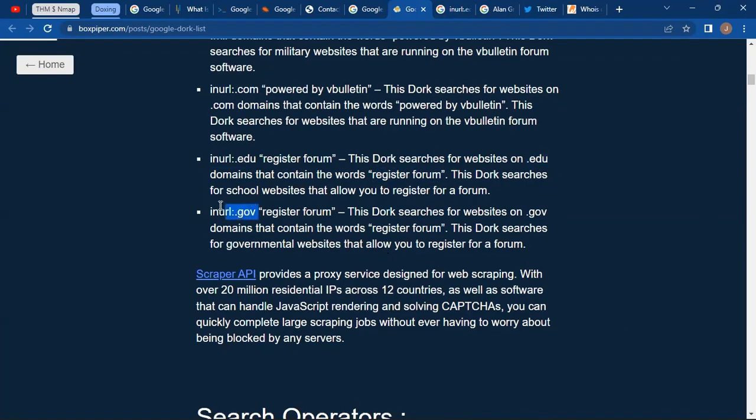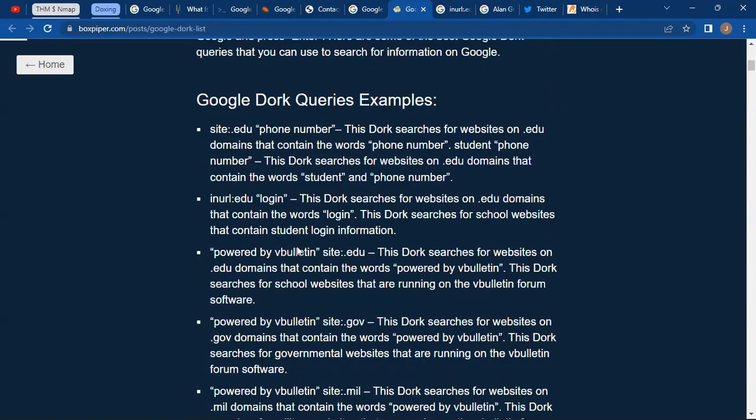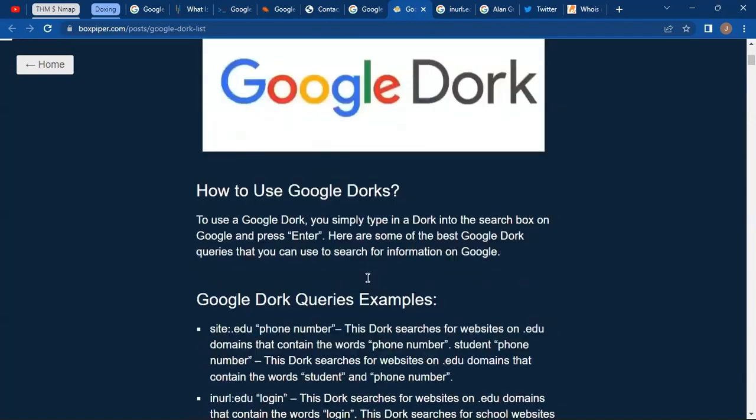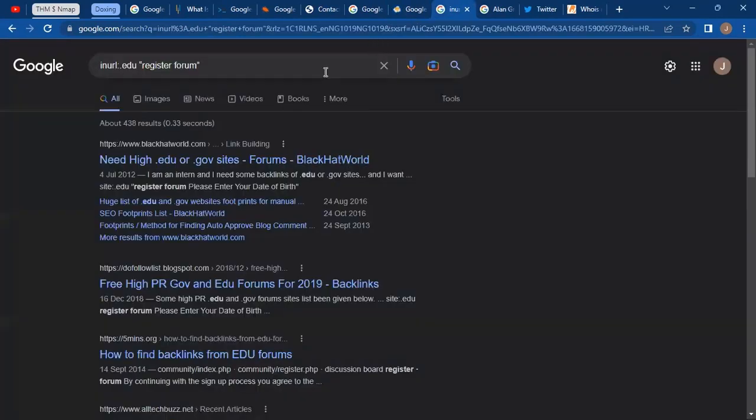For example, we could also do it for .gov. So .gov as well brings out government websites. Okay. Let's try another. So I'm just going to copy this one as well and paste it for you to see and explain what it is. So index of in